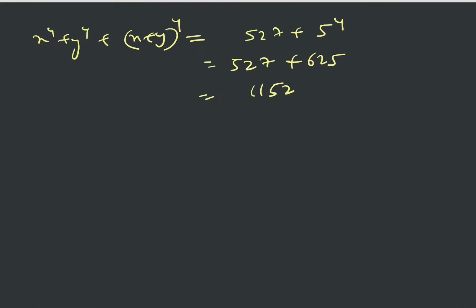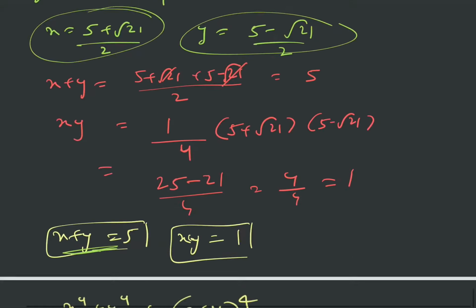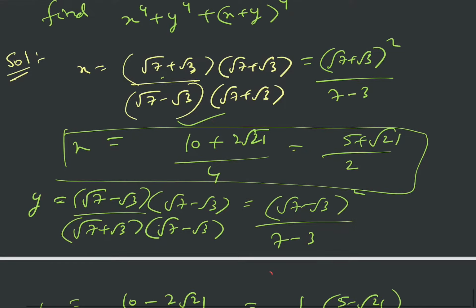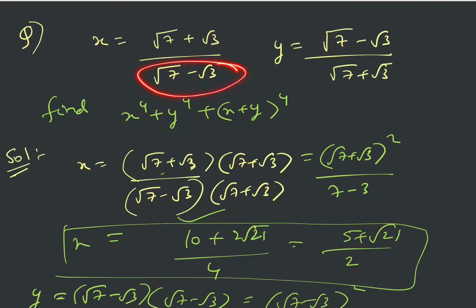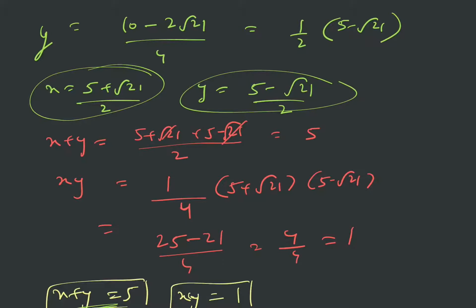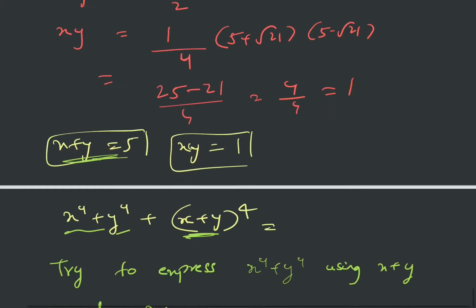So you see, you have learned a lot of ideas in this problem, right? First thing is that the important thing in simplification of surds is that you rationalize the denominators. If you rationalize the denominators, then you were able to see that you got these x and y as conjugate pairs. So then we know that if these are conjugate pairs, then their addition and product both will be rational, right? You can see that.